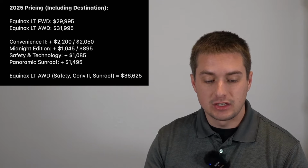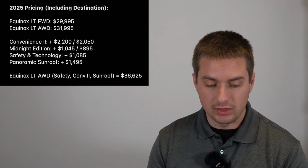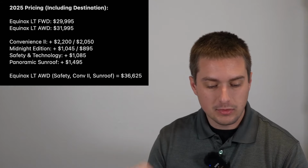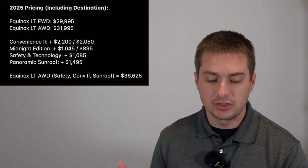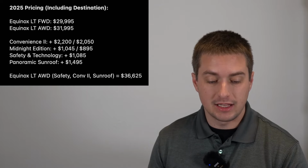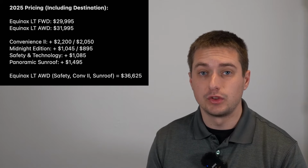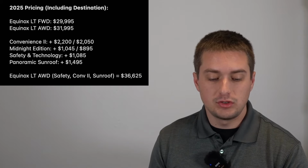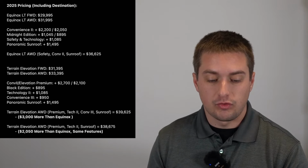Safety and Technology package is going to be $1,085, and the Panoramic Power Sunroof is going to be $1,495, which brings a fully loaded Equinox LT with the Safety Technology, Convenience Package 2, and Panoramic Power Sunroof, not including Midnight Edition, to $36,625, again including destination. Now moving on to the Terrain Elevation, an entry-level base Terrain Elevation front-wheel drive will come in at